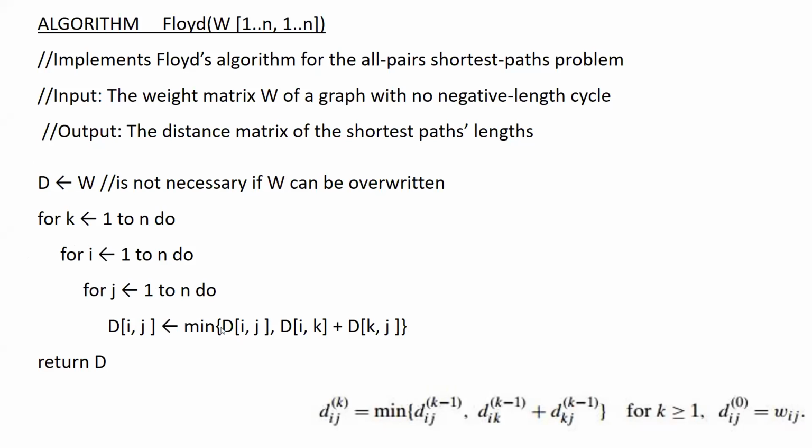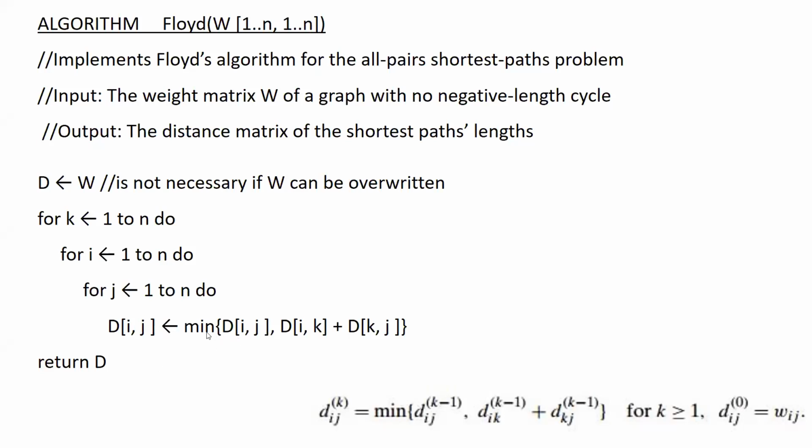So the basic formula or the basic logic on which the complete algorithm works, we have discussed in detail. It has been mentioned here. So here D of I to j will be updated in the same matrix. It is not necessary to have multiple stages if W can be overwritten, meaning D1, D2, D3, D4 are not necessary, many matrices with different values. I can overwrite the same matrix, and hence D is kept as it is, because I am overwriting only the updated values.